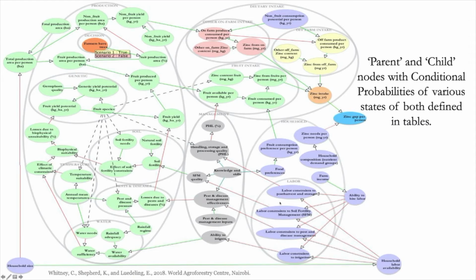You saw this earlier. Here it is stretched out in a little bit bigger form. Maybe you can actually see it. But here's that zinc gap per person, given that trees have been planted. And in this Bayesian network, the nodes, those little circles in the graph, are called the parents. If they have any below them, those are called a child. So it makes sense. There's like a family tree here. Zinc has lots and lots of parents and grandparents, and the states of those variables influence the condition of zinc gap per person. That is, how many people, and there are all kinds of factors, of course, that go into this.